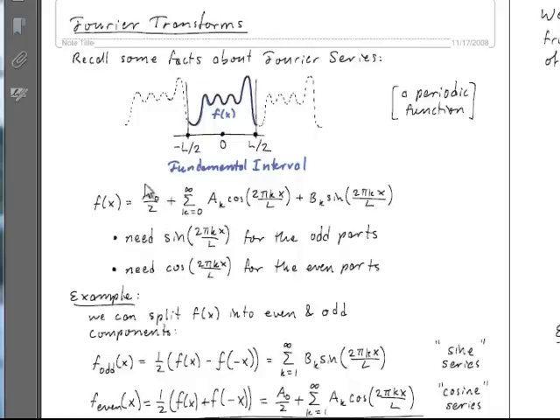We had a leading coefficient that looks like a cosine of a zero frequency term, and we had a whole bunch of finite frequency terms that are cosines and sines, right? So this is 2 pi kx over L in the argument of each of these, and that makes the interval of width L. Okay, so we of course need the sines to describe odd functions, and we need the cosines